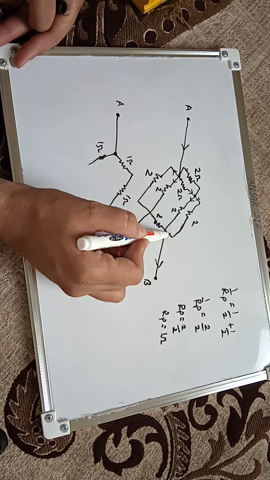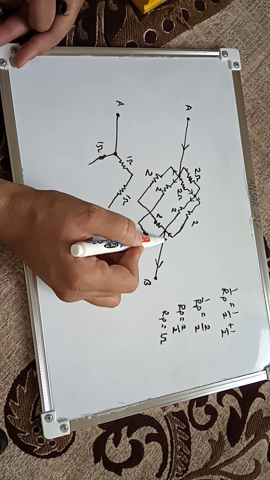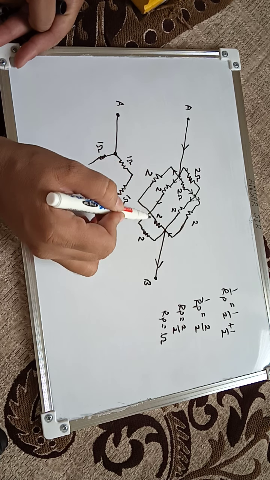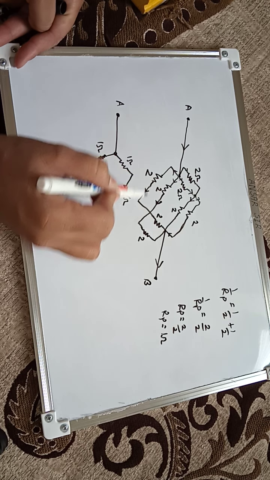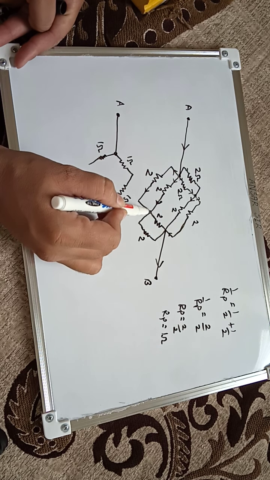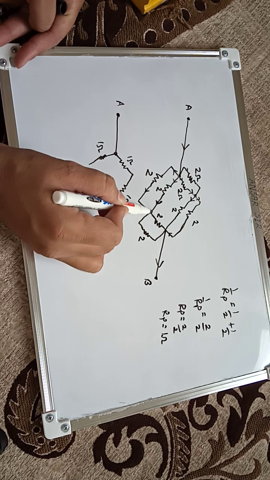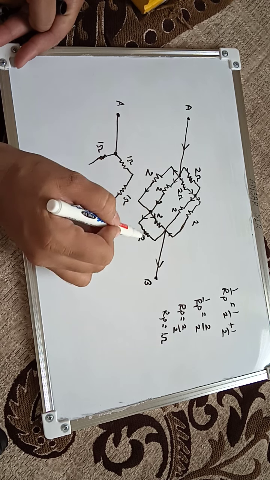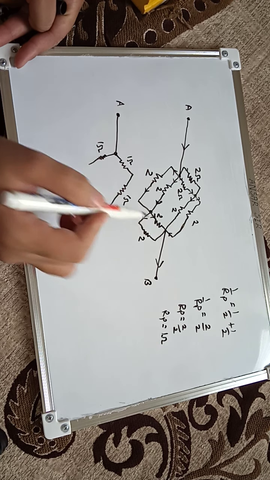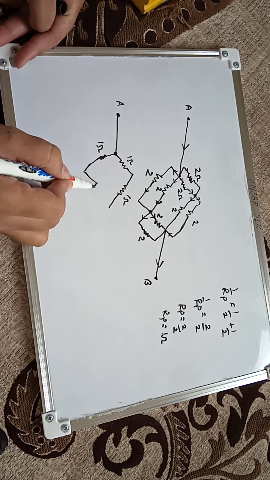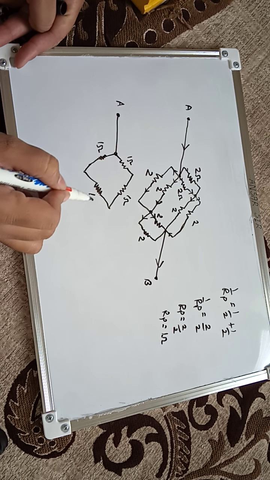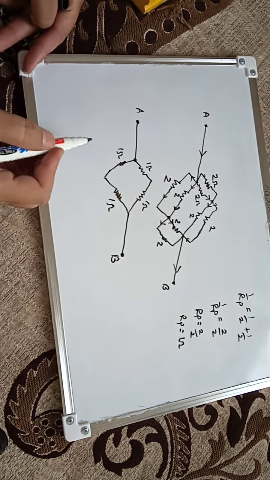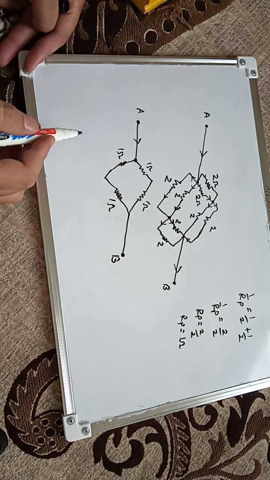What about here? If the current comes here, the current will again be divided into 2 branches. So the current will come here, and now when this current reaches this point, it will be divided from this point. The current will be divided into here and here, these 2 branches. So these 2 are connected in parallel. So we will take their resultant resistance as 1 ohm, and this is the diagram for simplified circuit. The current was coming like this. Now what do you think?